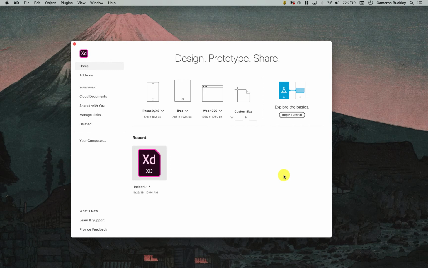I'm going to start by just opening up Adobe XD, and here it is open. On the left-hand side, we can see a bunch of different links that I'm sure you can click through and figure out. There's a basic tutorial that you may want to run through over here. And if you've taken the web design class, this all seems pretty simple. And if you haven't, this might be new, but in the center, we select a size of our device that